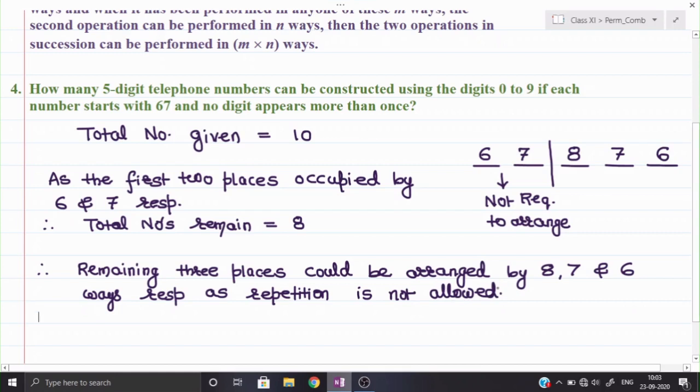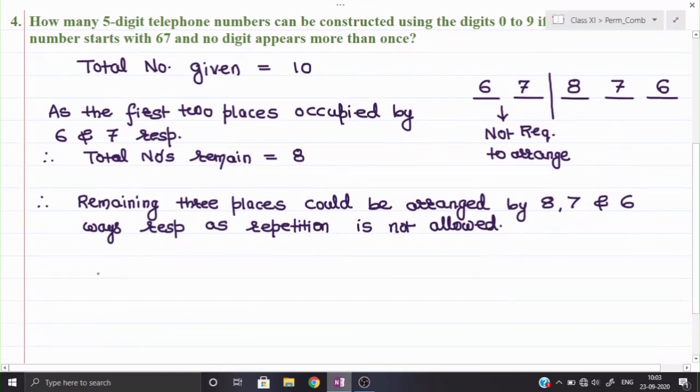Okay, so therefore by the fundamental principle of counting,